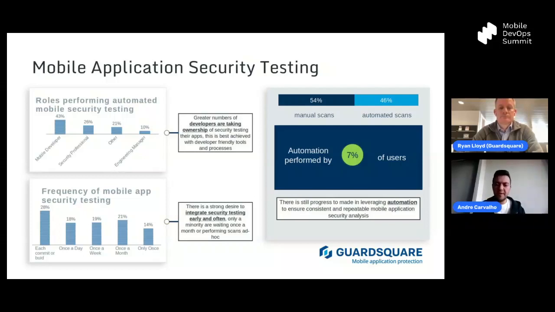The problem comes a bit in the last two graphs. For the graph on the frequency of mobile app security testing, more than half is actually security integrated once a week or more. Some of them are done only once, which is, of course, your choice, but you are opening doors that might really lead to dangerous outcomes. And then regarding scans, when you're making scans in security testing tools, 54% are manual scans, so someone actually looks at the code and tries to identify if something is wrong. And 46% are